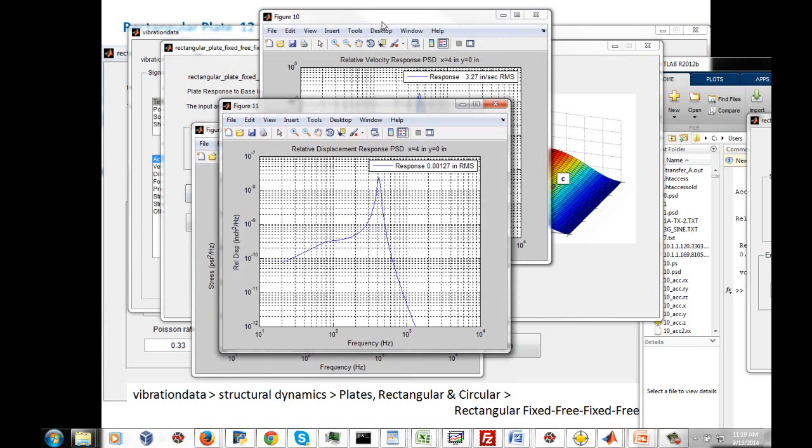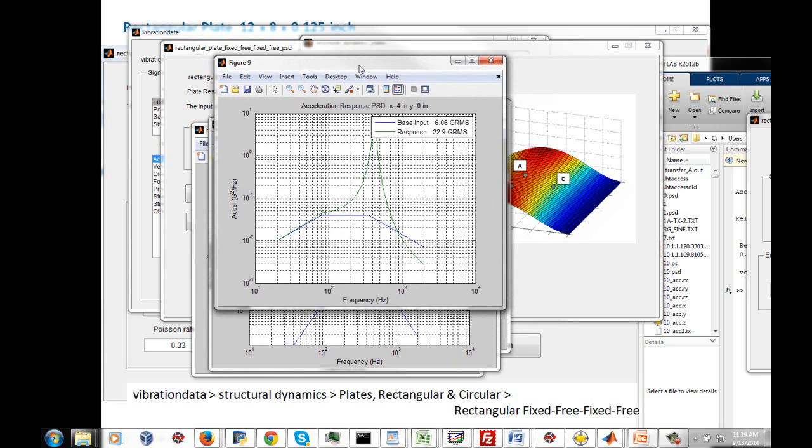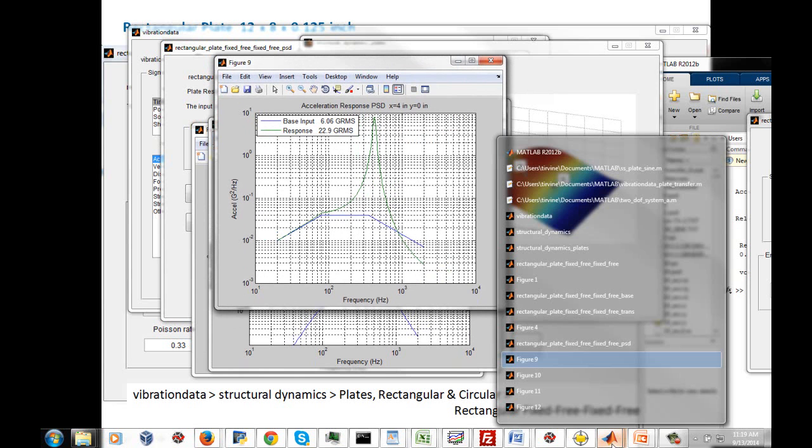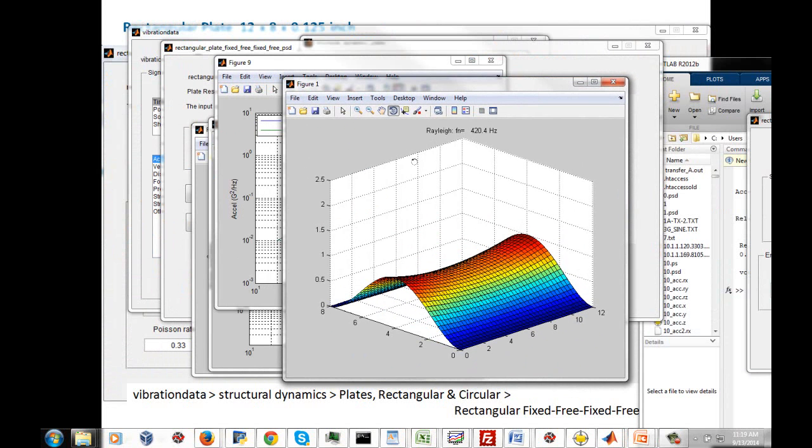So let's see, I kind of like to go through these backwards. Well, actually, starting with the first figure number. Here's our acceleration response, power spectral density. These coordinates refer to point D. And by the way, if you get kind of confused about the coordinates, if you go back to this plot here,